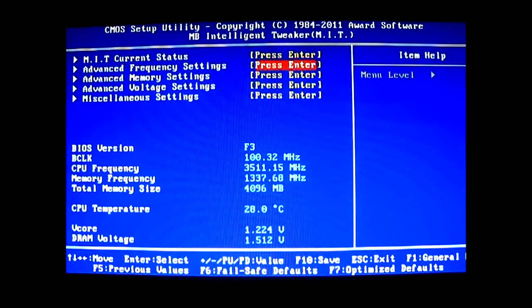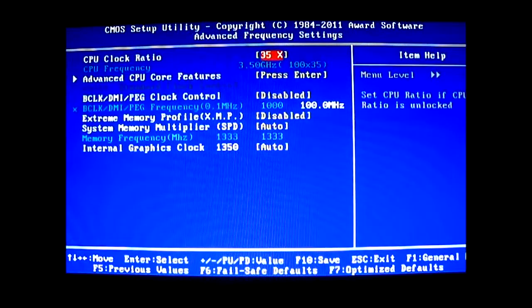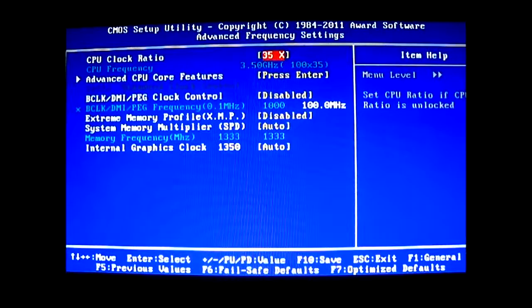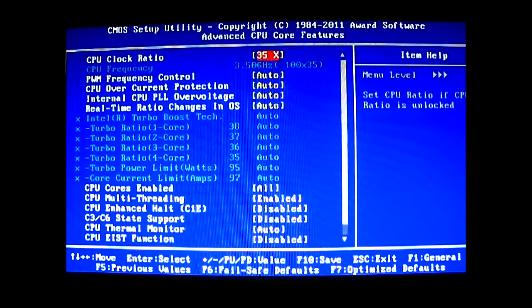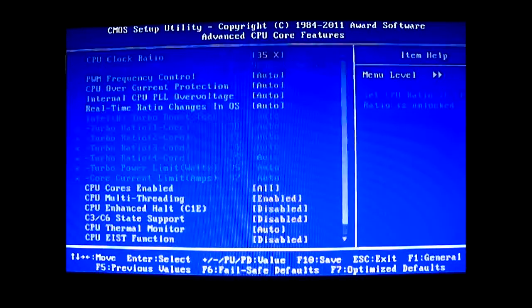And the next one is the advanced frequency setting. Now here is where you can set the CPU clock ratio multiplier. It looks complicated because everything is nested, but the GIGABYTE Award software BIOS is actually very easy to use. And here is the advanced CPU features. Now these are actually the default values. I've loaded the default values, and while we're here, I'm going to show what I have done